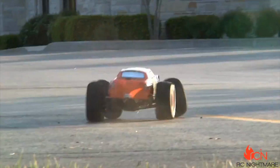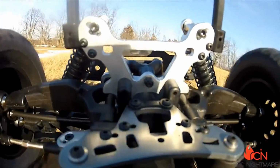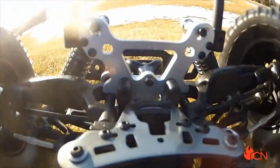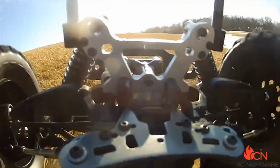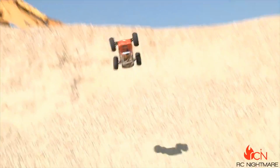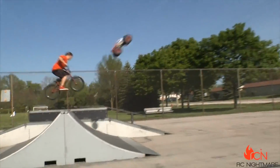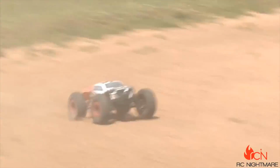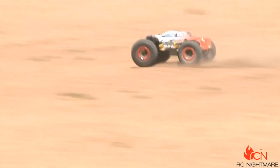by Hobbyco, and I'd never considered Thunder Tiger before in terms of monster trucks or any RC. They just came off to me as some cheap knockoff brand. But turns out they make one hell of a monster truck. My local hobby store, Hobbytown USA in Germantown, stocks it. They started stocking Thunder Tiger stuff based on some really rave reviews and the price